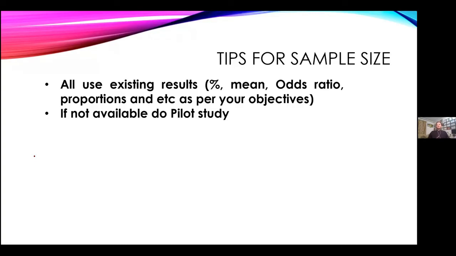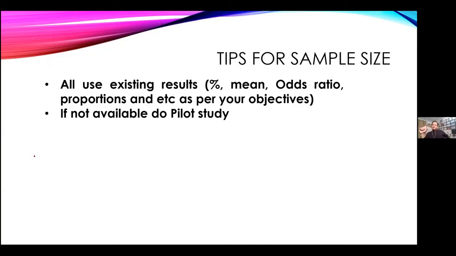For example, you want to explore the prevalence of anemia in patients with tuberculosis. First of all, see how many patients are anemic in tuberculosis. Find the answer to your question from the literature first. That is called proportion. That is called percentage of your problem, magnitude of your problem. On the basis of this magnitude, you will actually calculate your sample size. The sample size is calculated on the basis of your magnitude, on the basis of your outcome,